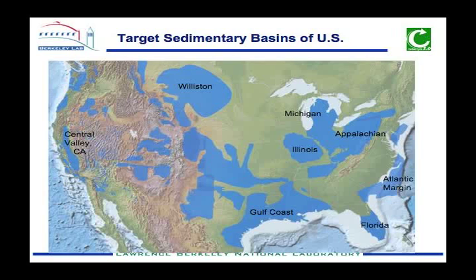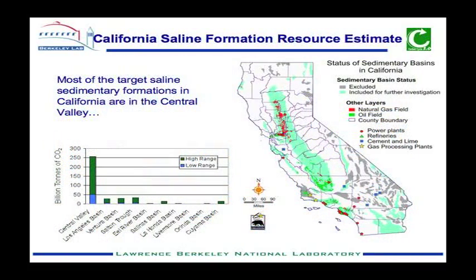The New England states and the Middle Atlantic states, most of the rocks on shore are not very good for storage, but actually there are offshore formations underneath the continental shelf that could potentially be used. Getting closer to home,